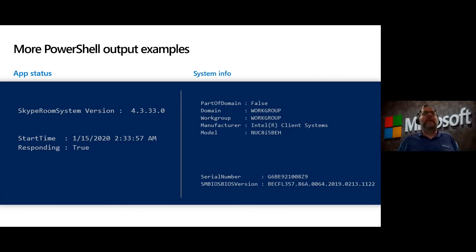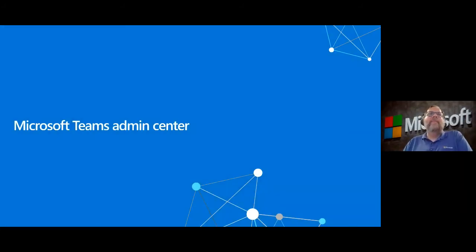So if you look at that start time, January 15th, 2020 at 2:33:57 a.m. If you remember, I said every Teams Room reboots every day at 2:30 a.m. Well, there you go, 2:33. So it took about 4 minutes for that machine to reboot. So you can get serial numbers and BIOS versions and things like that via PowerShell. So PowerShell is more for managing and monitoring the Windows side of the operation, not really for managing the Teams